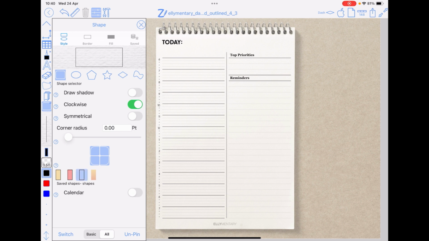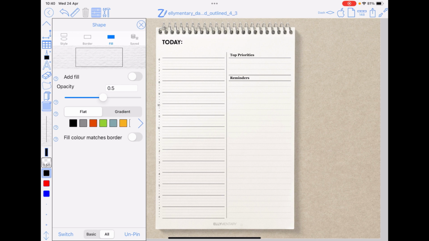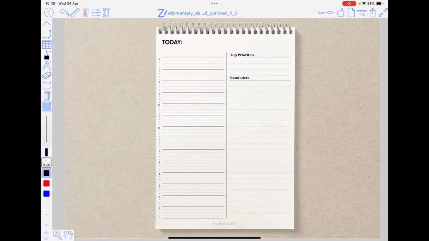You just need to choose a relevant shape. So I'm going to choose a rectangle, and I don't want it to have a fill, so I'm going to make sure it's got no fill. And then I'm just going to draw a box up here, because that's where I want to punch through to my monthly overview. So with my rectangle selected, I'm going to go back to my shape tool so it brings up the properties of my shape,